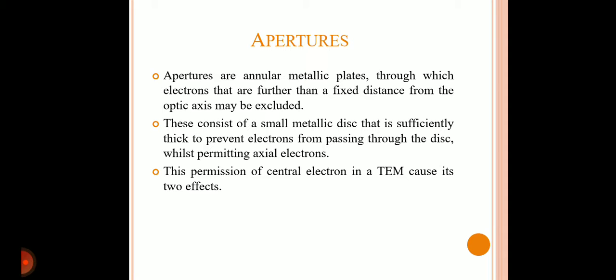Firstly, the aperture decreases beam intensity as electrons are filtered from the beam, which may be desired in the case of beam sensitive samples. Secondly, this filtering removes electrons that are scattered to high angles, which may be due to unwanted processes such as spherical or chromatic aberration or due to diffraction from interaction within the sample.